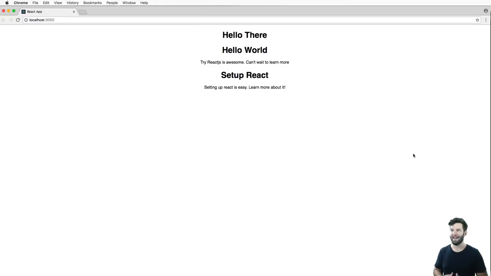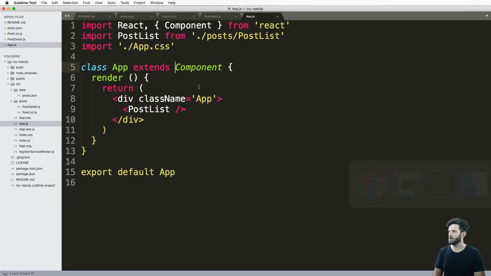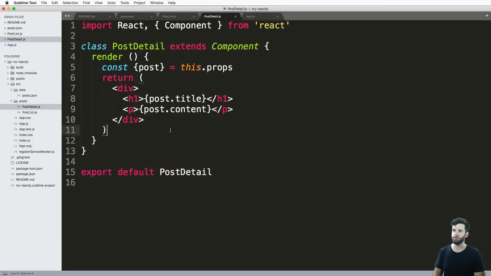React app, how does React actually handle it, if at all, right? So with text, you probably don't usually use a click event unless you want a link or you put it on a button. I'm actually going to put it on text just so we can see how it's done, and that's it. So let's go ahead and jump into Sublime Text, into my post detail, and on the H1 tag,